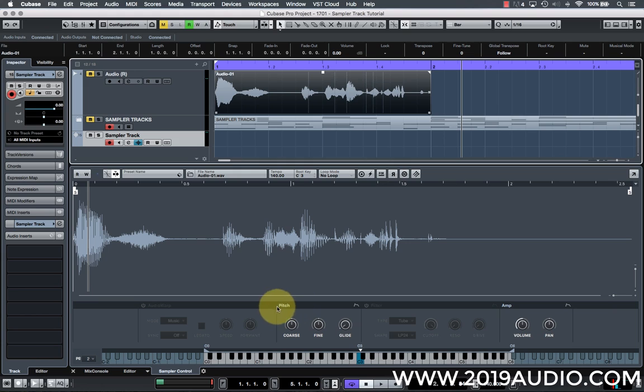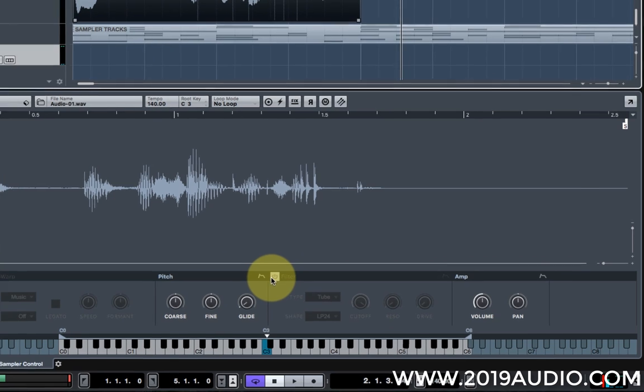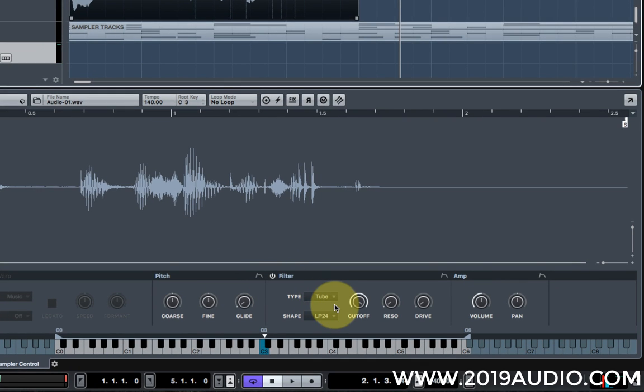You've got a pitch control here, which just controls the note. So if I play this C3 note, and then I use this, I can control it manually like this. But as I've got a MIDI keyboard right in front of me, I can just play across the keyboard and it's going to do the same thing. So that's quite cool. Another feature is the filter, which, as you'd expect, is just a range of different filters